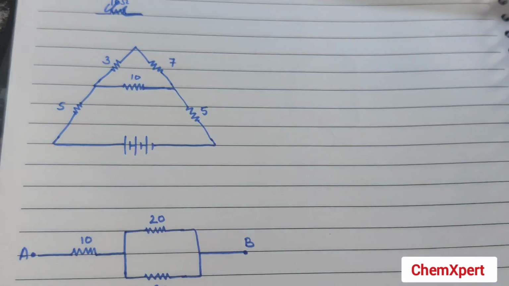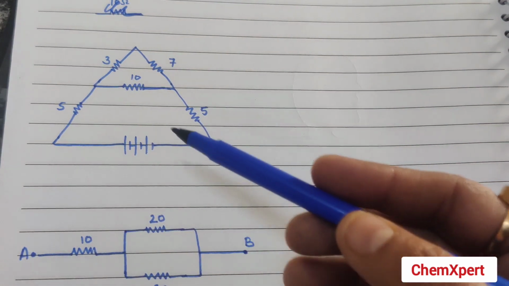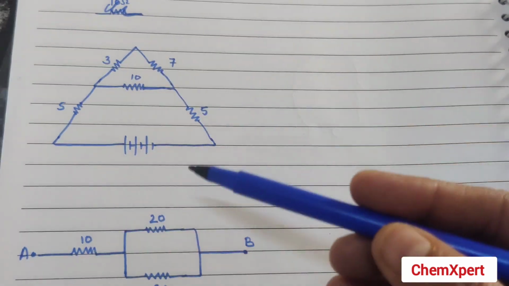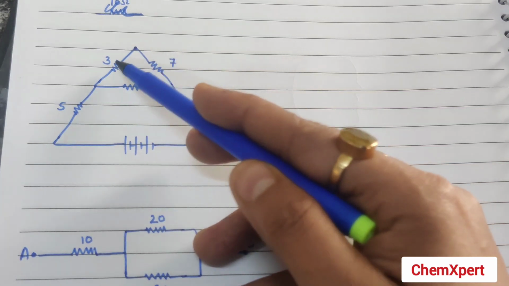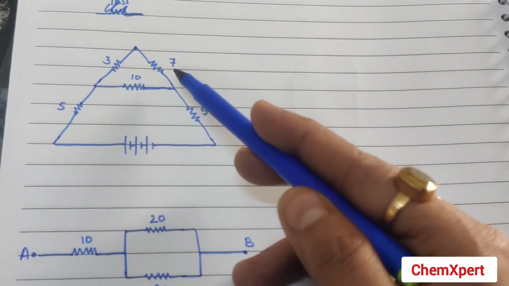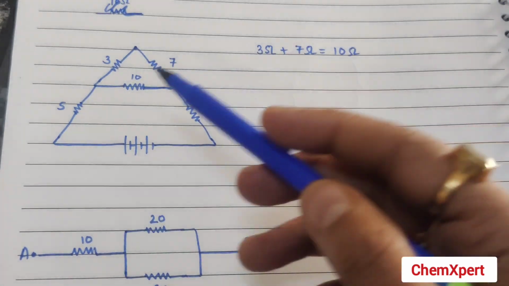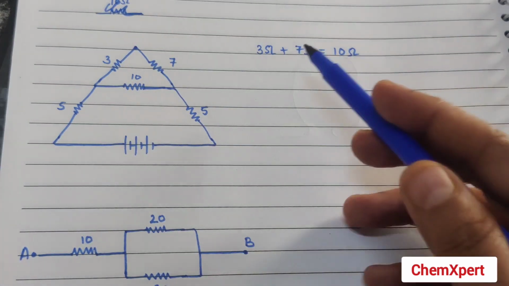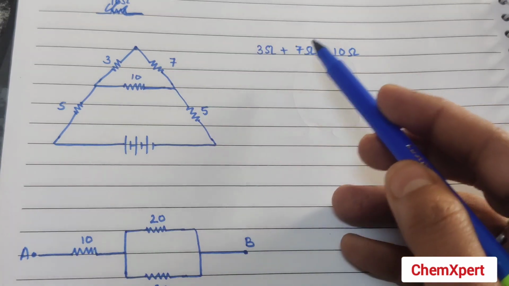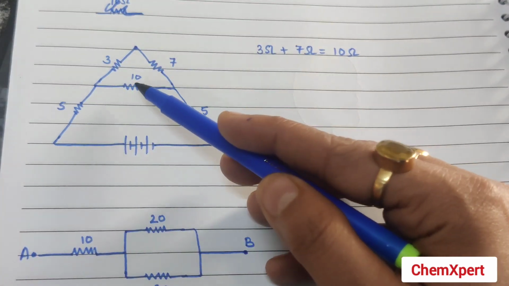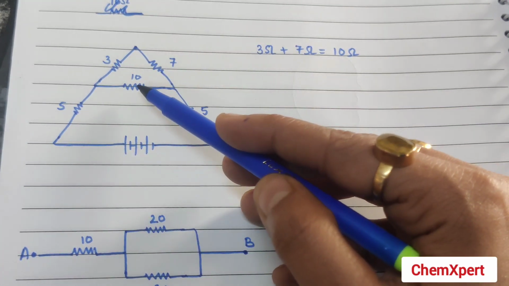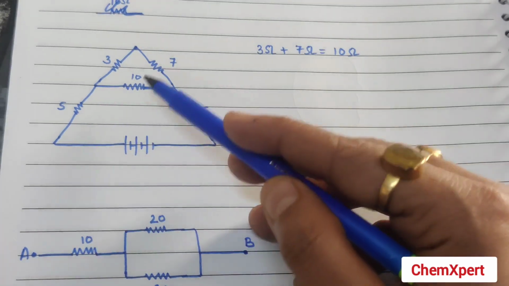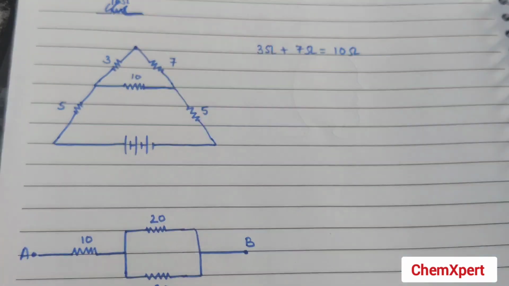So we will calculate the equivalent resistance in the first case here. First of all we have to identify whether these resistances are connected in series or in parallel. Just for example, in 3 and 7 only one end is connected with each other, which means these two are in series with each other. So adding R1 and R2 in series, 3 plus 7 will become 10. Now this 10 ohm resistance will be in parallel with this 10 ohm, because the end points of these two are this and this, and both are connected to 10 ohm, which means these two are in parallel to each other.